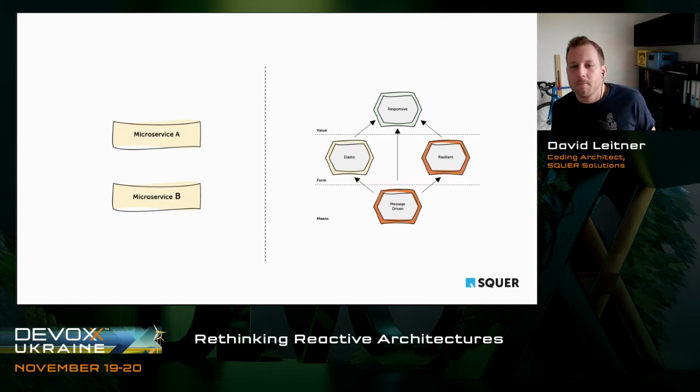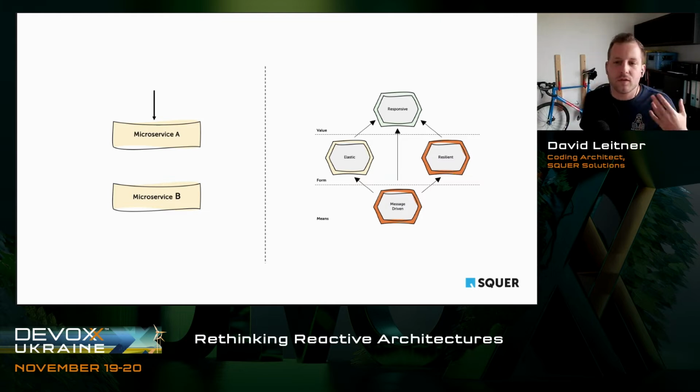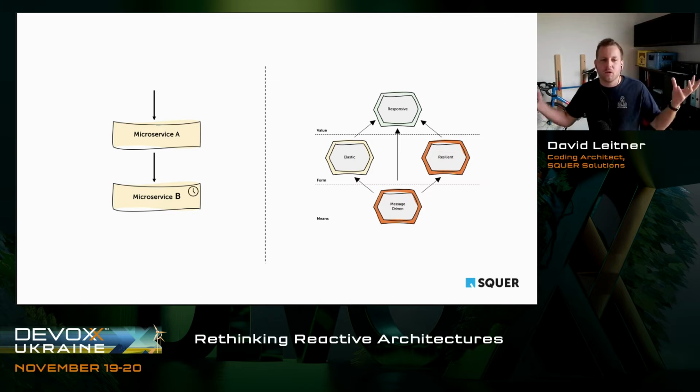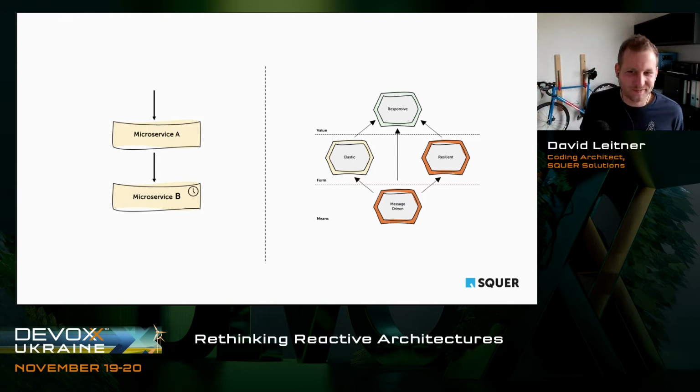Let's talk about resilience. Very simple. Microservice A talking to microservice B. Microservice A gets a request, forwards it to microservice B, right? Microservice B is maybe very slow right now. I don't know, maybe a legacy system or bad mood, whatever it is. We see this very often that systems suddenly start to react slowly and we are not 100% sure why, right? So let's assume here microservice B is slow, with high latency involved in this service. Well, this leads to the direct effect that microservice A is also slow, because it's waiting for the response of microservice B.